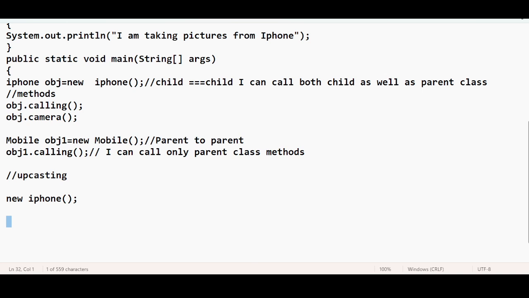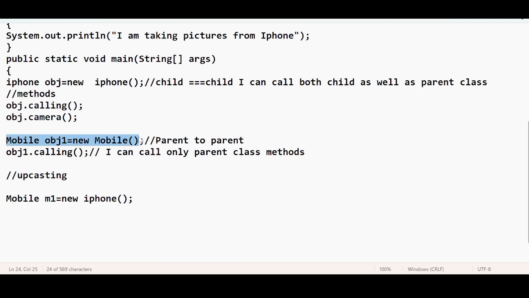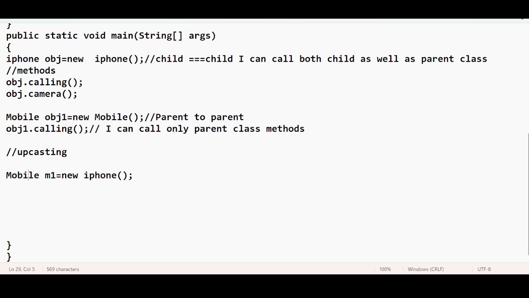So in the left hand side I am putting mobile: m1 equal to new iPhone. Okay, this is making sense. iPhone obj equal to new iPhone makes sense. Mobile obj1 equal to new mobile makes sense because on the left hand side and the right hand side both are the same type. But here the left hand side is the parent type and the right hand side is the child type.